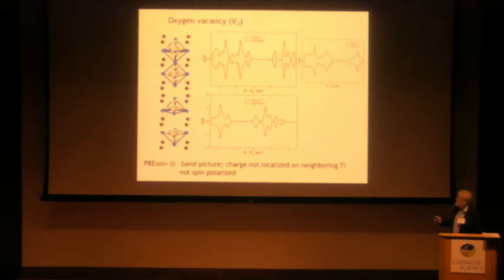What I'm really showing is that by adding an oxygen vacancy in this picture, you simply shift the bands and essentially unoccupied titanium levels get occupied by the electrons donated by the oxygen vacancy. So this is simply a one-electron Kohn-Sham picture. There are no polarons being looked at or anything exotic. We tried all we could to make charge localize on the titanium next to the oxygen vacancy so that you would have 3+ titanium, and that didn't work. It just disperses over different sites. We also tried to make magnetic moments, and those were not possible.